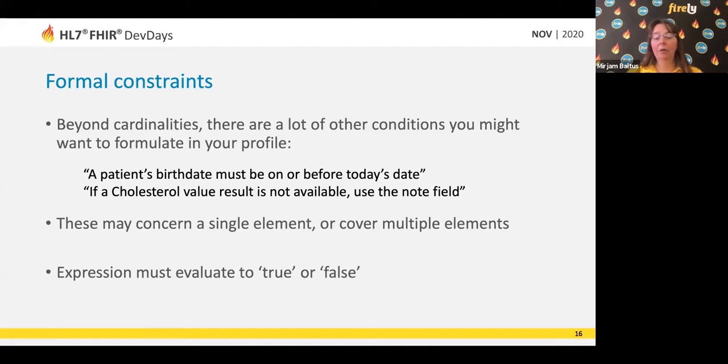And that can, of course, evaluate to true or false. So that's something we can do with the FHIRPath expression. The second one says, if a cholesterol value result is not available, use the note field. This is one that you could put on an observation resource type. The observation resource can take a value of type quantity, which could be a cholesterol value. If that result is not available, if that value quantity is empty, then use the note field, which is another